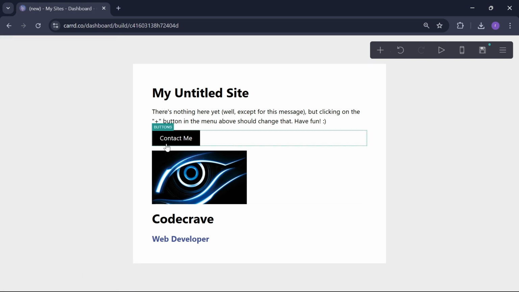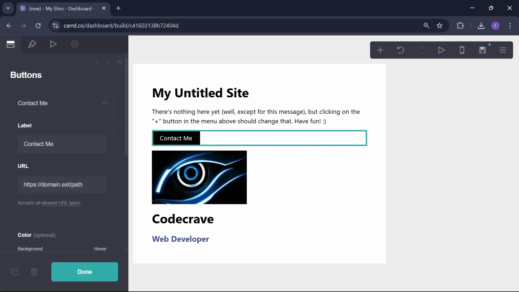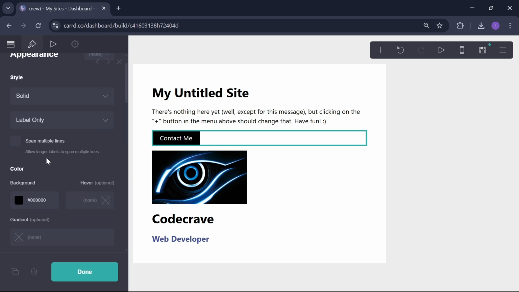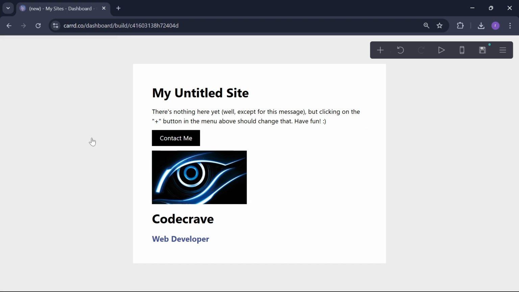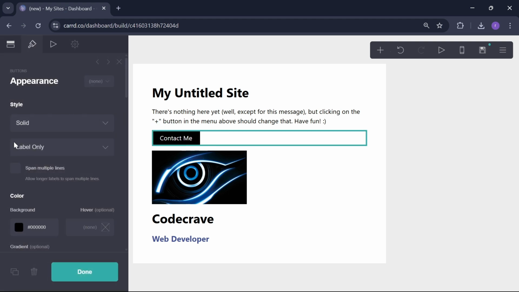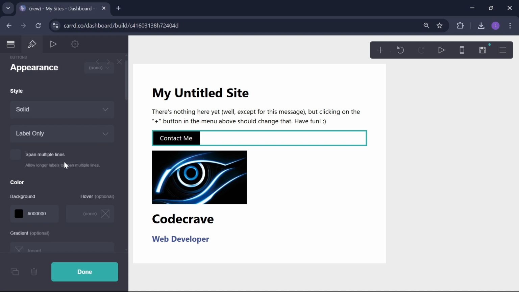And done. As you can see, you can also give a URL here as your contact information, or link to a section on the page with hash contact. You can style the button: border radius, colors, background color, labels. You can also change the colors and appearance, and you can also add icons with links to Instagram, LinkedIn and GitHub,